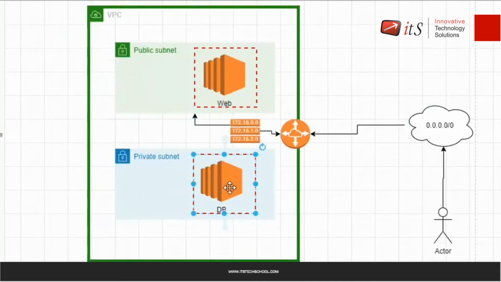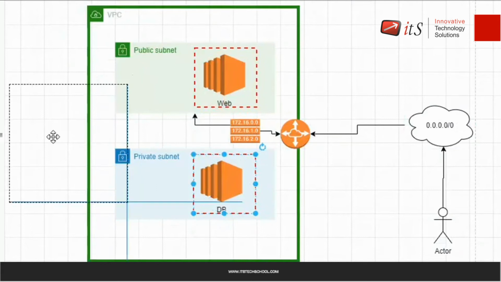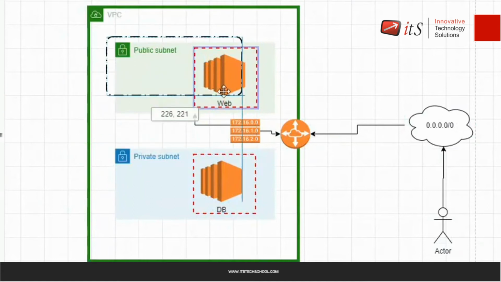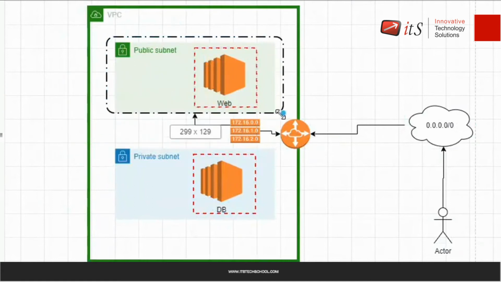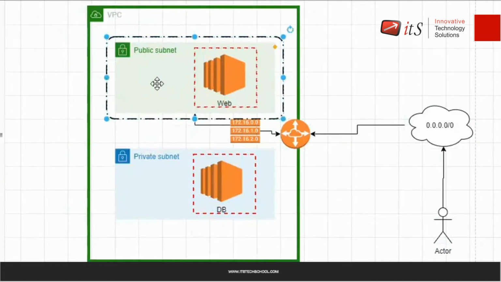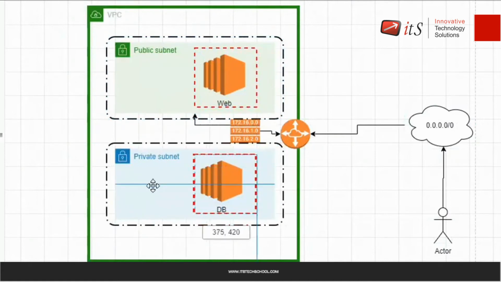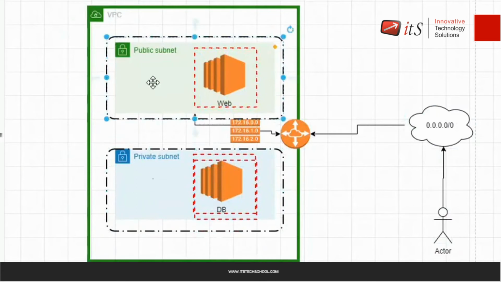Then we have the other kind of firewall that you call NACL, the network access control list. A security group firewall will protect your instances, and a NACL, the network access control list firewall, will protect the whole network. This NACL will protect my whole public subnet, and the same for my private NACL, which will protect my whole private subnet. So one NACL for my public subnet and one NACL for my private subnet.